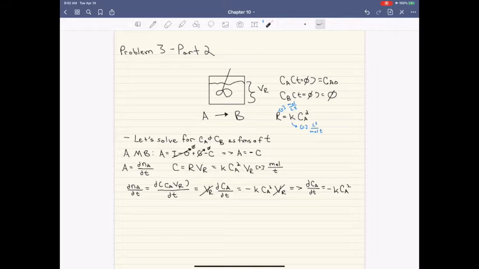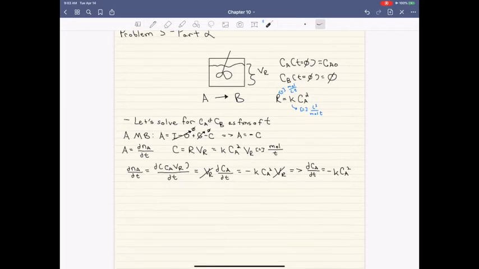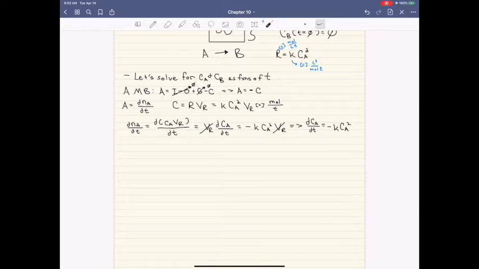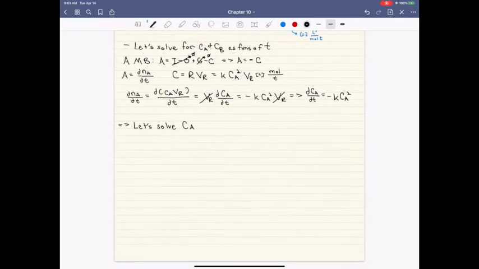Even though the differential equation here looks a bit different from what we solved in part 1, we could still use the same sort of separable equation solution that we've been using so far in this chapter. Okay? So let's solve for Ca. Alright, so if we could use this separable